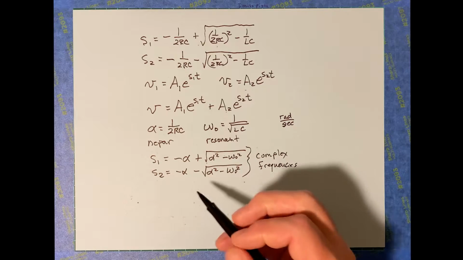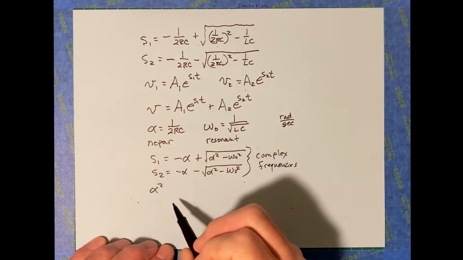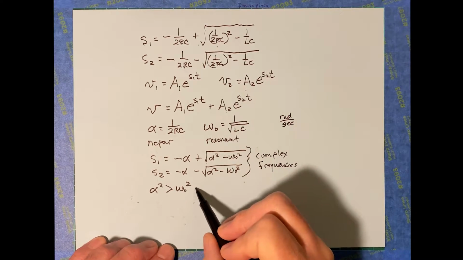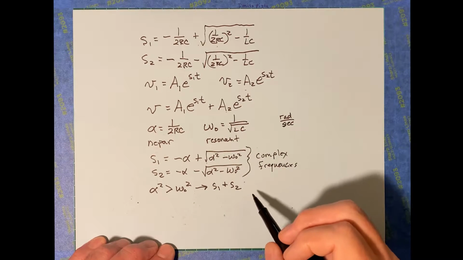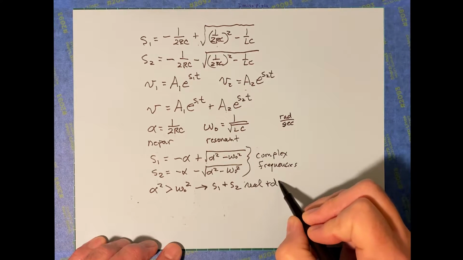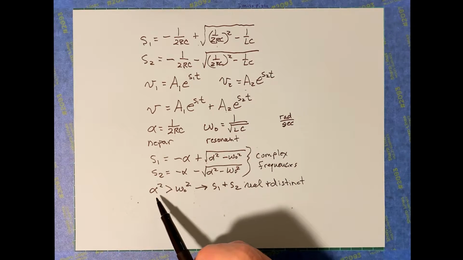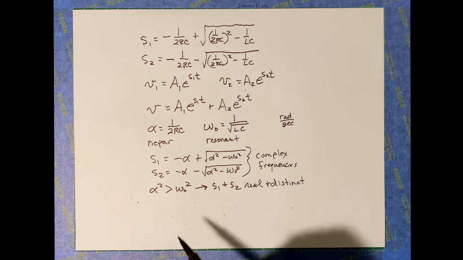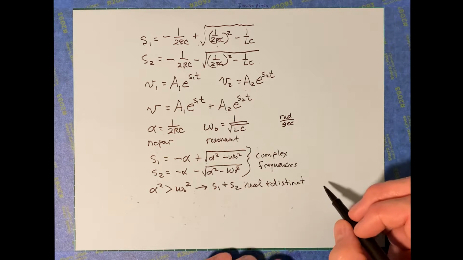But if we have a case where alpha squared is greater than omega naught squared, then in that case, S1 and S2 are real numbers. So they are real and they're distinct, which means they're different. In that case, this is a special type of solution. That case is called